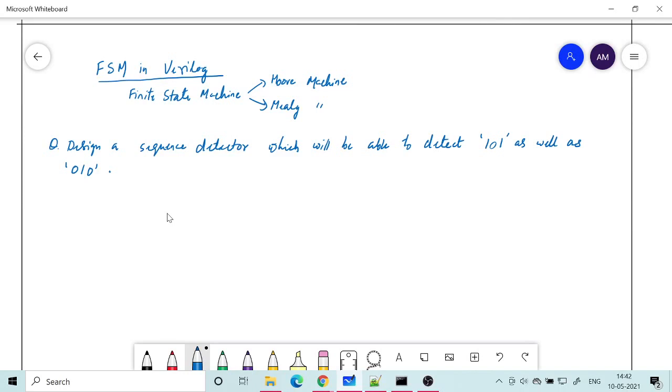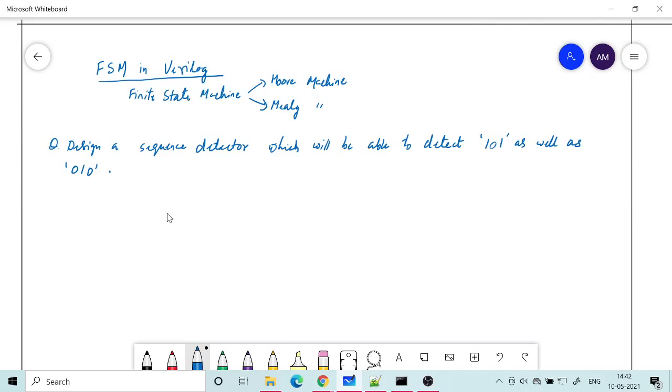Earlier, for detecting one particular 3-bit sequence with a Moore machine, we required 4 states. In the class we did a 4-bit sequence and we required 5 states. But here, though it is a 3-bit sequence, since there are multiple sequences that we need to detect, it's not just one particular sequence. So we do not know how many states we would require. So let us start from an idle state. Idle state means we have not detected anything so far.